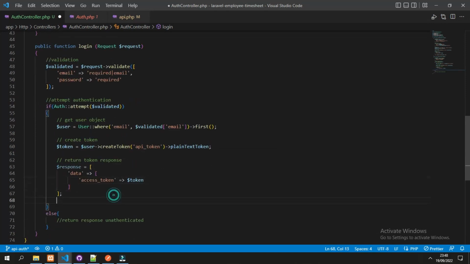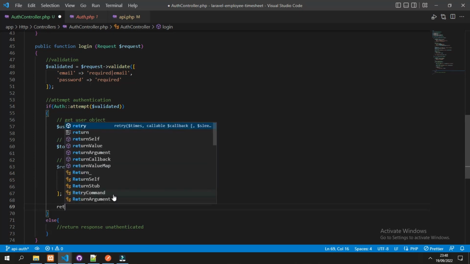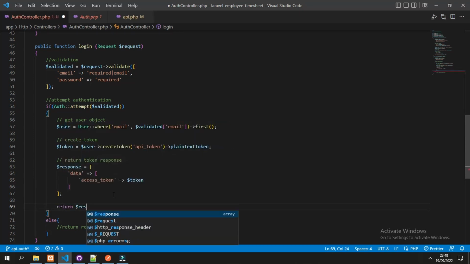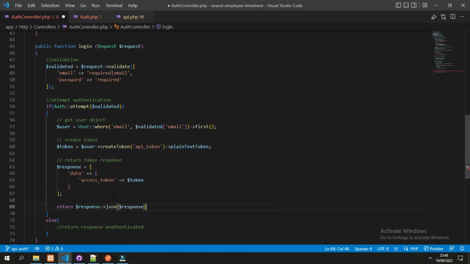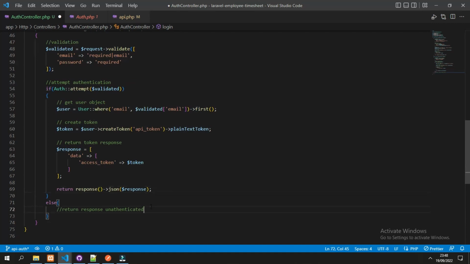And we'll return this object in JSON. This would be just a response function. If the authentication failed, then we will return a failed response.